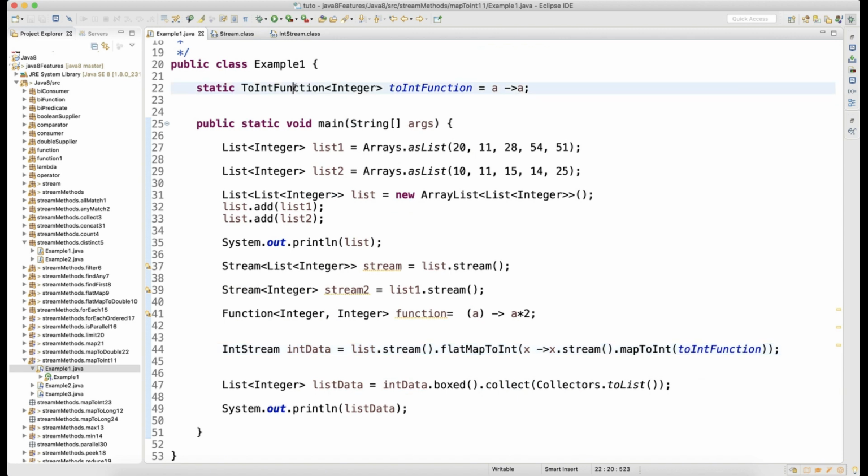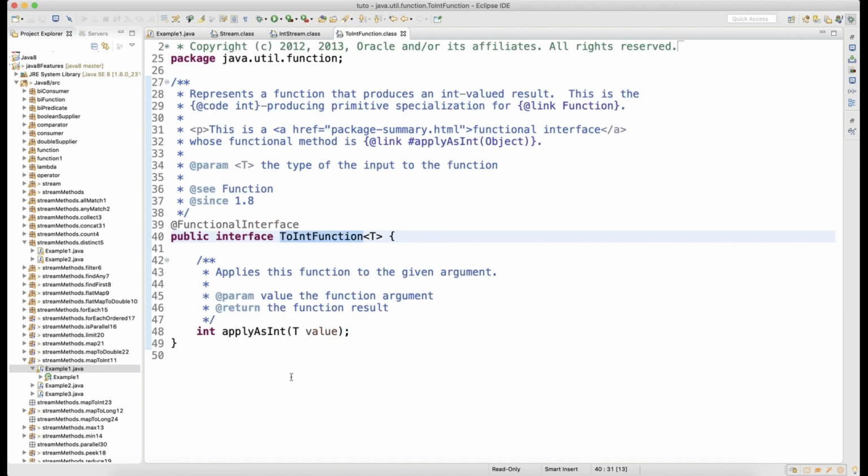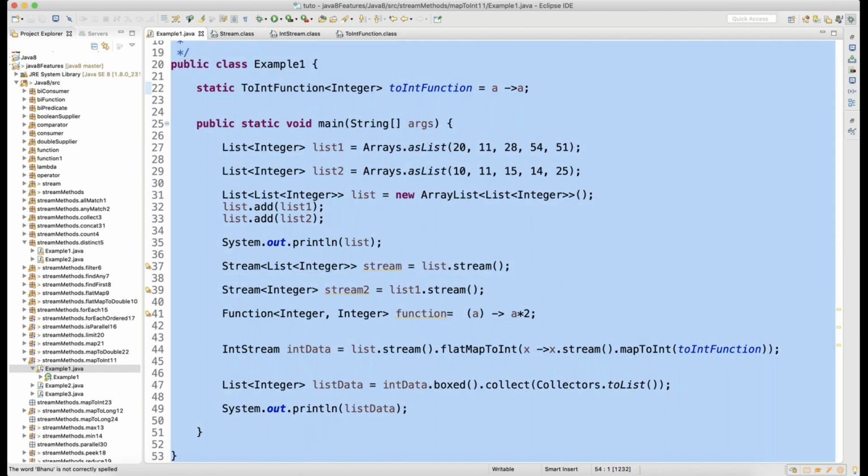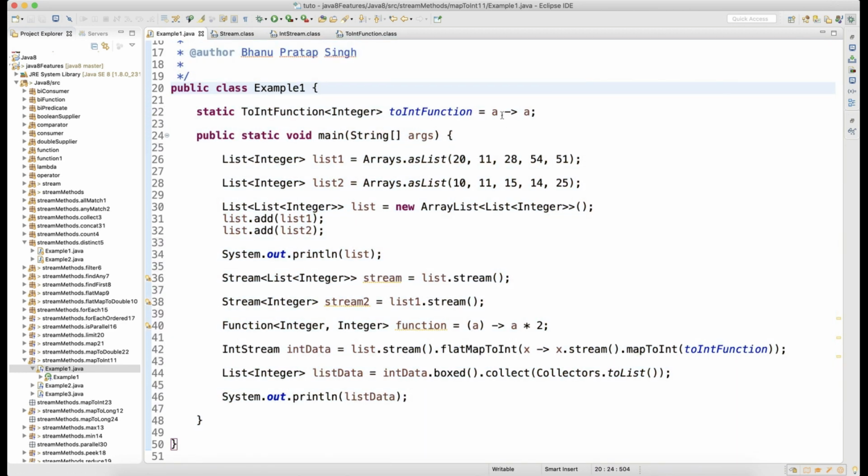When you press control click on ToIntFunction, it has applyAsInt. There is only one method which will accept the data and it will always return an integer. Okay, applyAsInt. So the same thing when you write the implementation like this, a arrow mark a, which means it will take the integer and I'm returning the same integer, nothing else, guys.